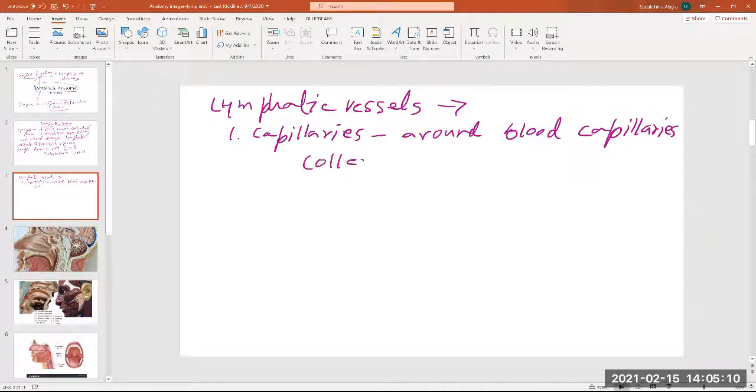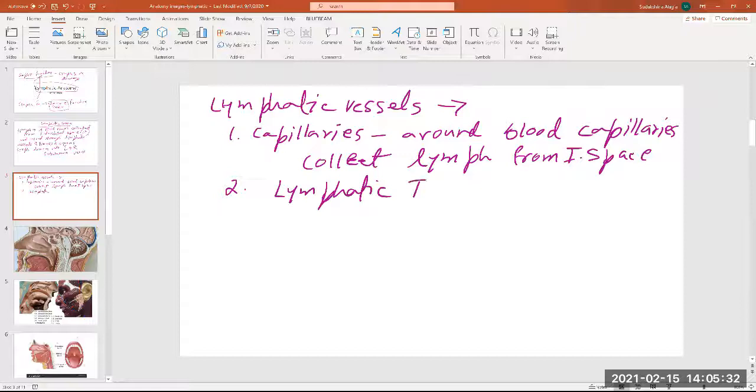Capillaries collect lymph from interstitial space. We are talking about microcirculation. Then the second vessel, larger than capillaries, are